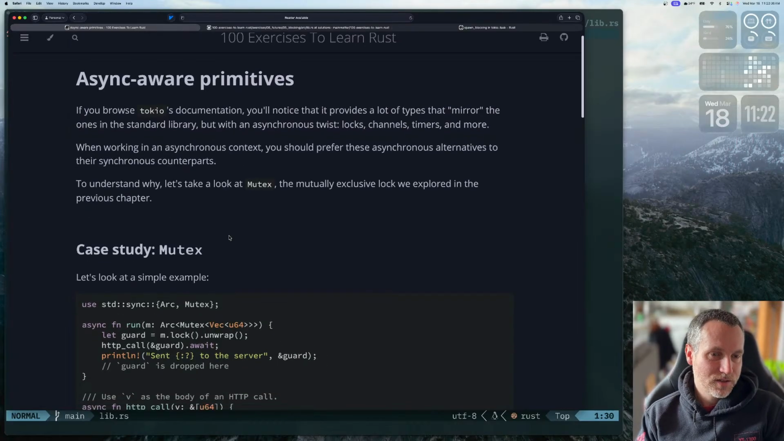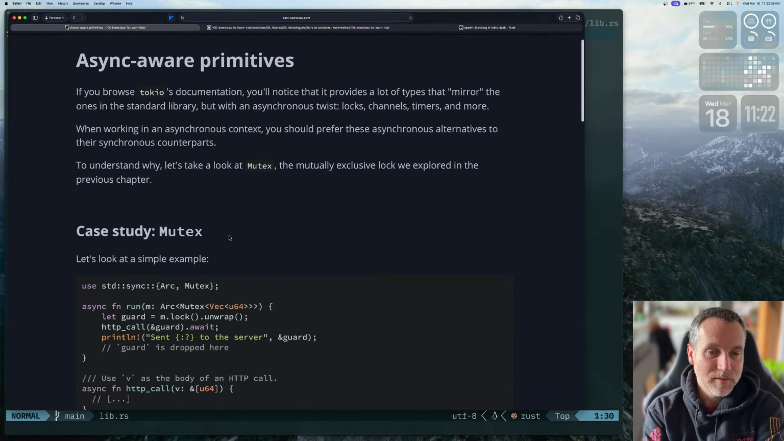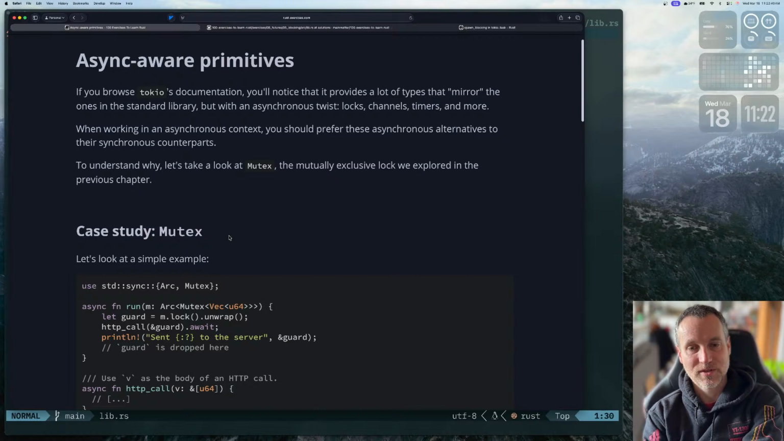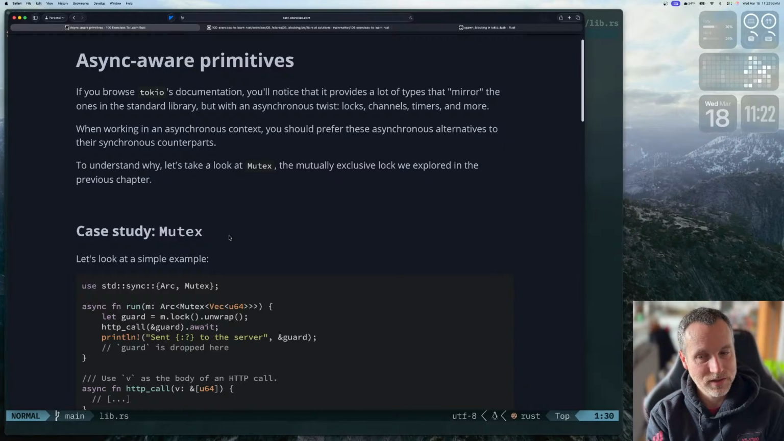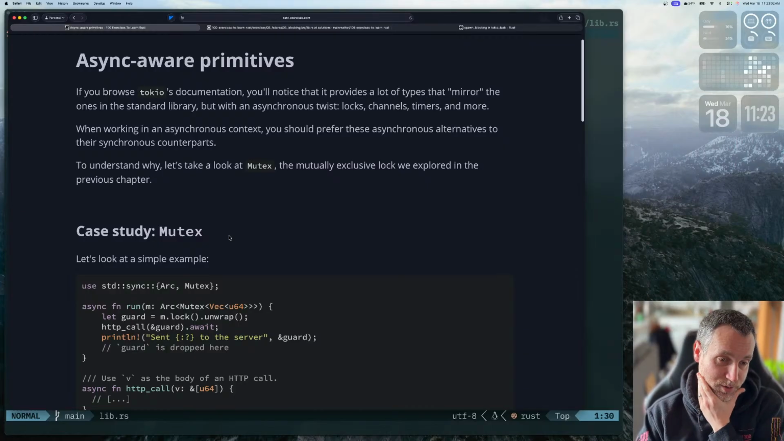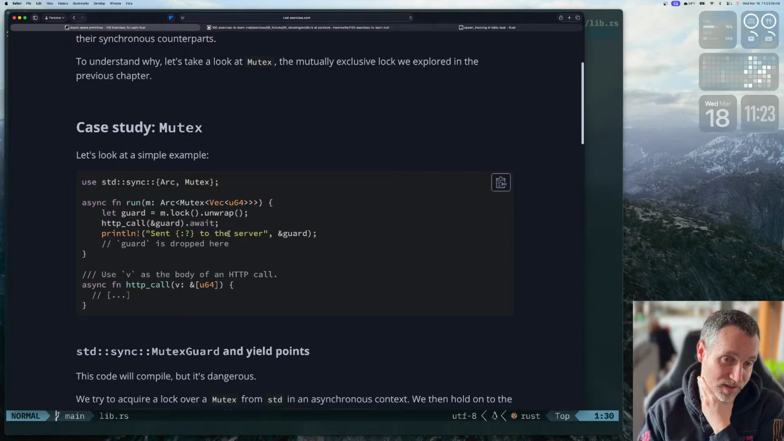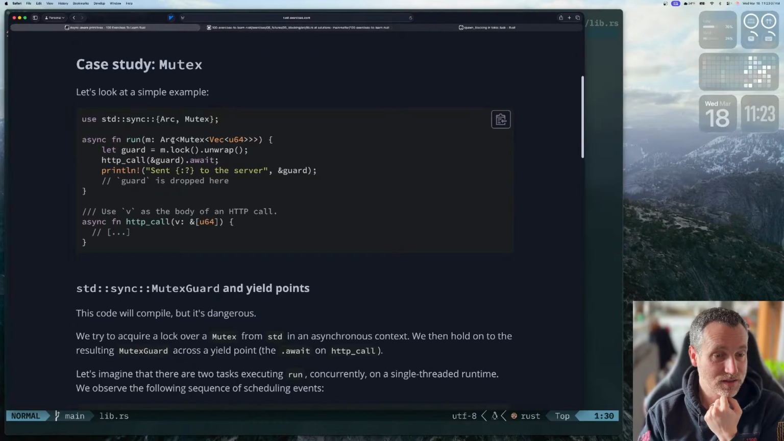So Tokio has channels. If you browse Tokio's documentation, you'll notice that it provides a lot of types that mirror the ones in the standard library, but with an asynchronous twist. So locks, channels, timers, and more. When working in an asynchronous context, you should prefer these asynchronous alternatives to their synchronous counterparts. To understand why, let's take a look at mutex, the mutually exclusive lock we explored in the previous chapter. Okay. So going back to mutex,